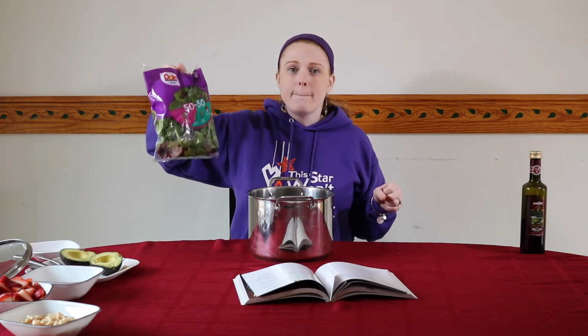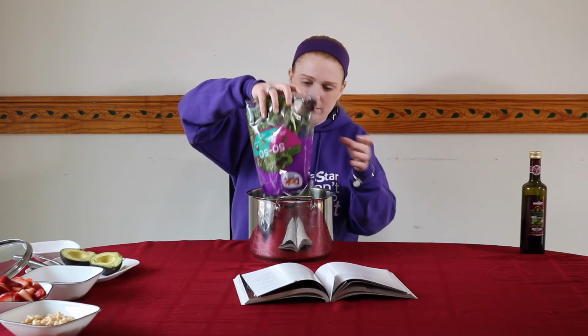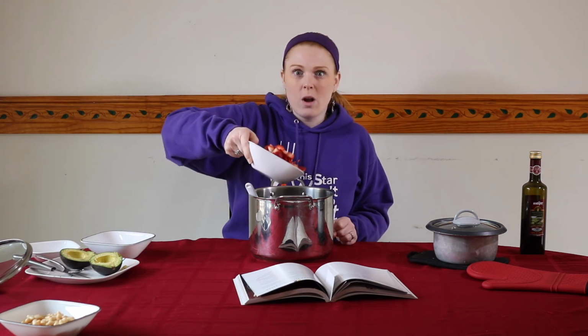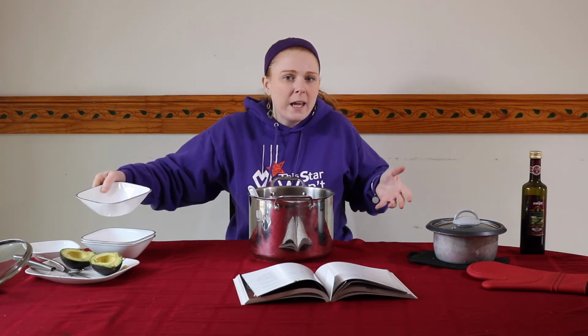Next, let's take the mixed greens and put them into the dressing that we made earlier and stir it up. Try not to spill. Now the next part is the part that I really like. You get to take all the ingredients that you got ready and dump them in. So the pistachios, all those strawberries, the beans. If you're not a fan of beans, maybe don't put the whole can in. It's up to you. And the rice,